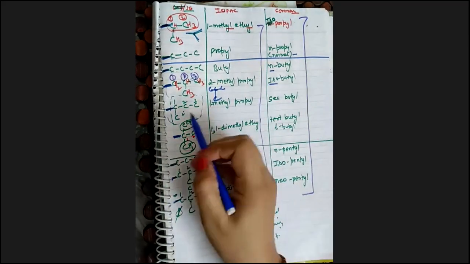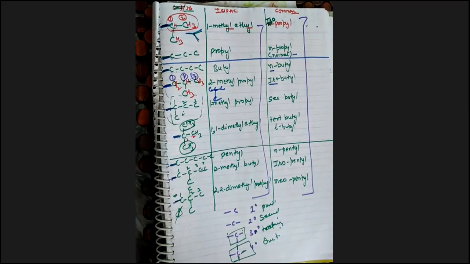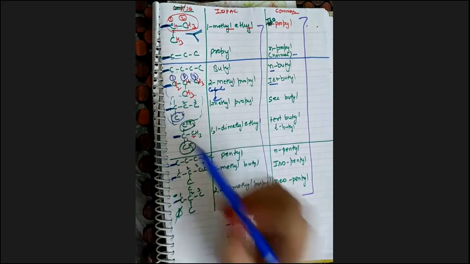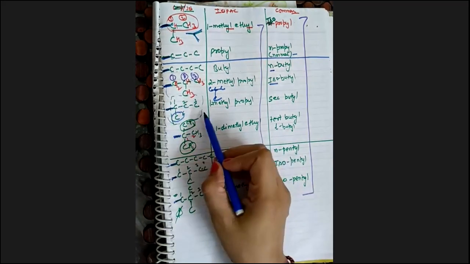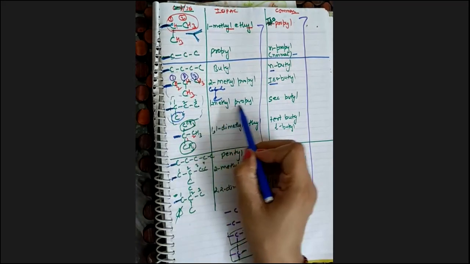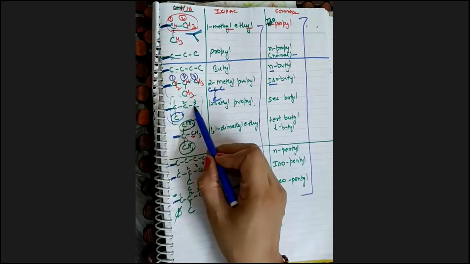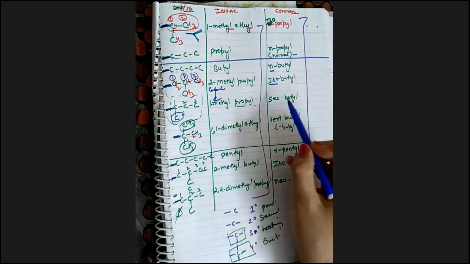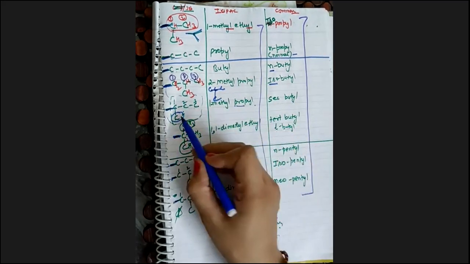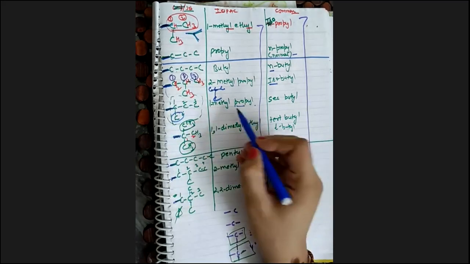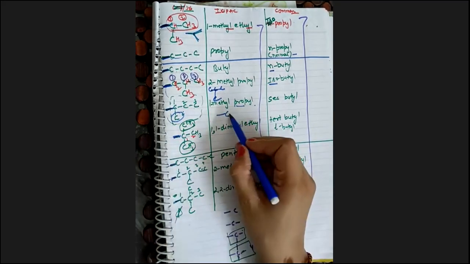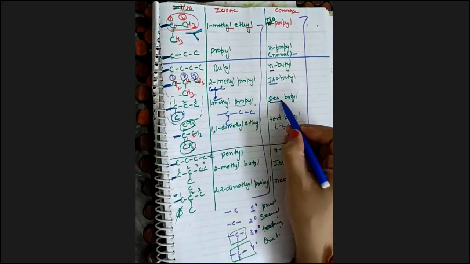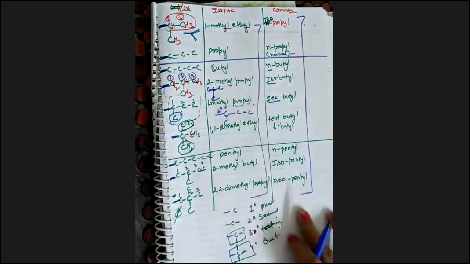When you have this type of arrangement in butyl, see, your 3 carbons are attached in a straight chain, but with the first carbon, this is attached as a substituent. So nomenclature according to IUPAC will be 1-methylpropyl. 1, 2, 3. On the first we have a methyl group and 3 carbons, it means prop. So whenever you see this type of arrangement, when your carbon is attached with the main chain as well as other chains, this type of arrangement will be known as secondary. This carbon is known as secondary. Remember this thing.